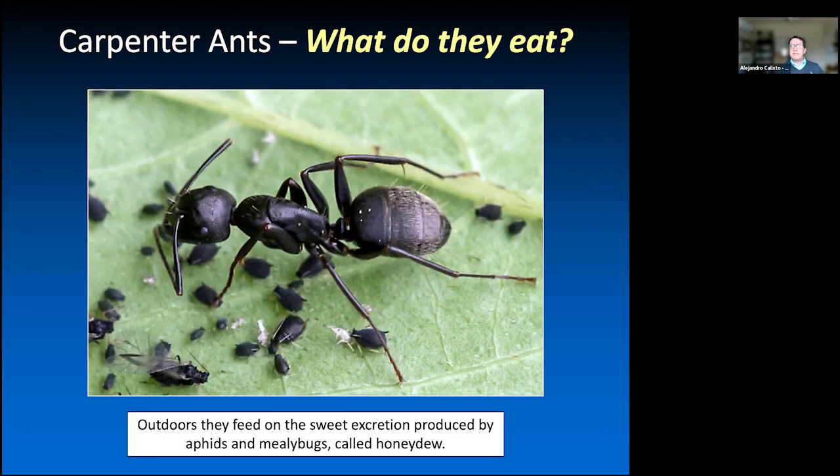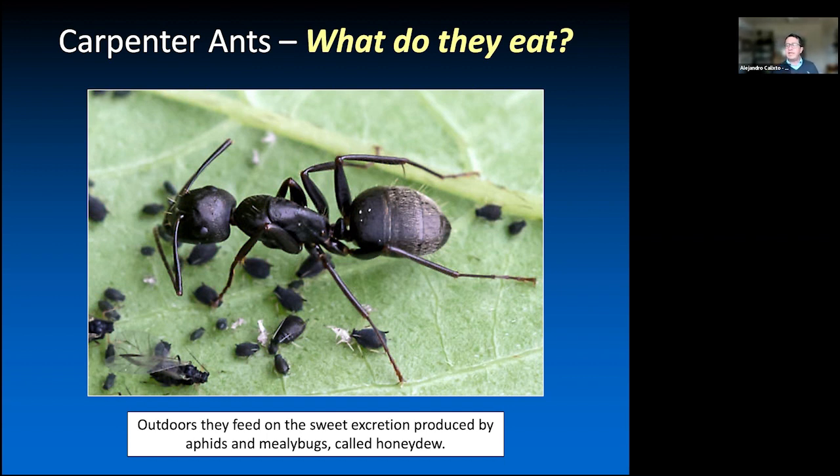So what do they eat? Carpenter ants, like many other ants, have worker ants that are attracted to sugar, something sweet. In the spring, if you have plants outside, you may see aphids. Aphids are sap-feeding insects. They feed on the liquids of the plant, and they produce a secretion.